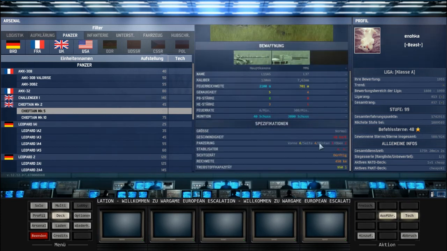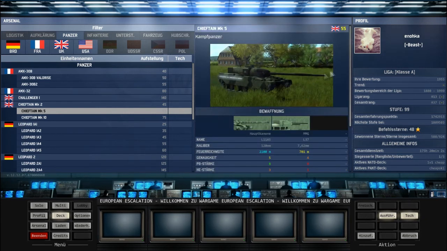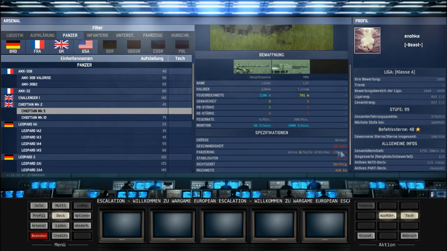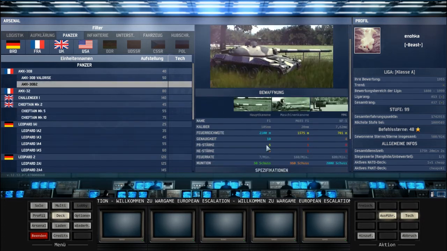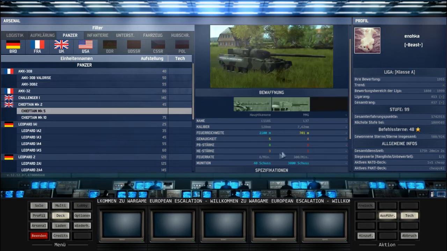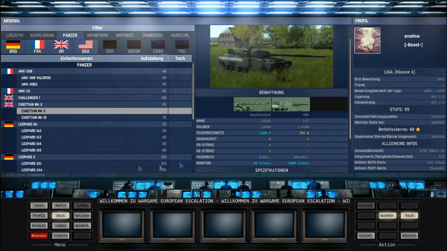I think with this tank you have the best price armor combination. The cannon is okay, but not that good. Let's compare it to the MX-30B2. For the price of 55, it's the same price, and you have twice the accuracy. A little less PB power, but in the end, the accuracy is pretty important for a heavy tank because of